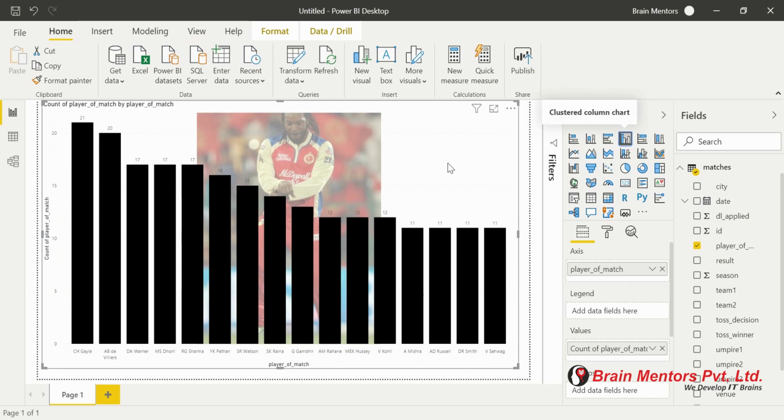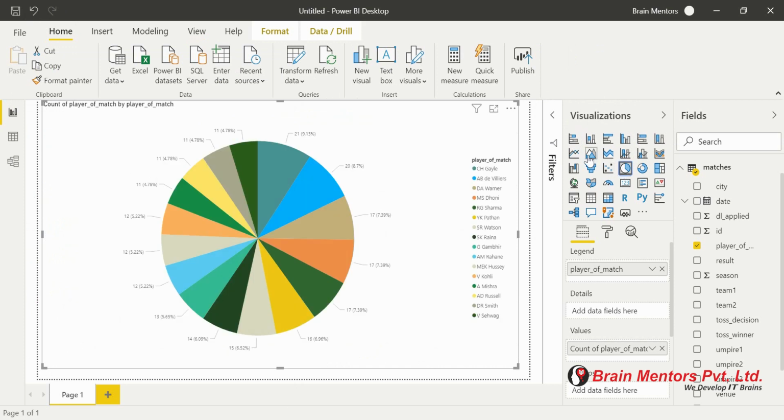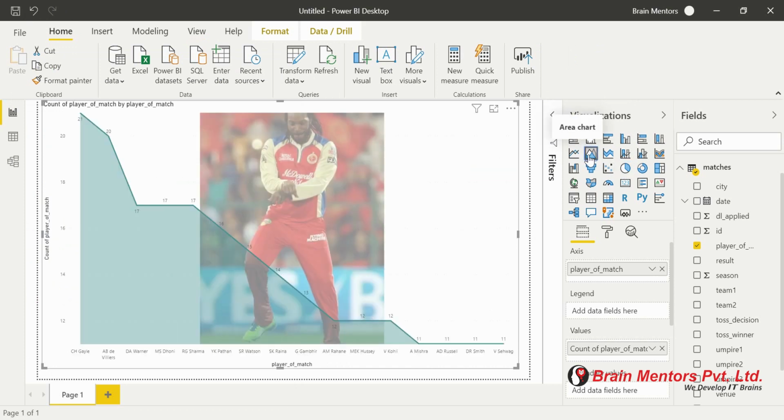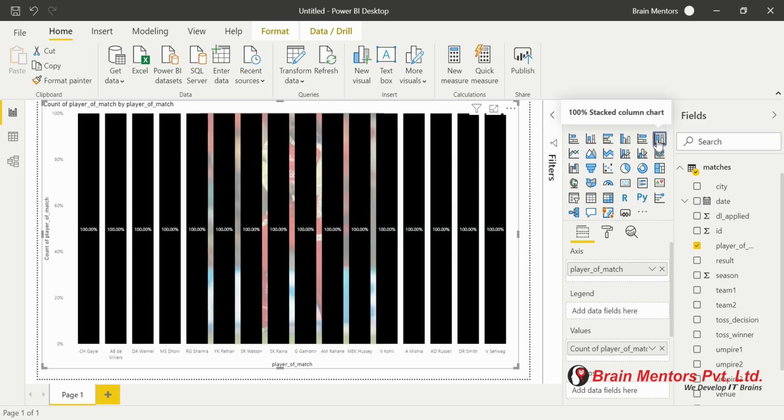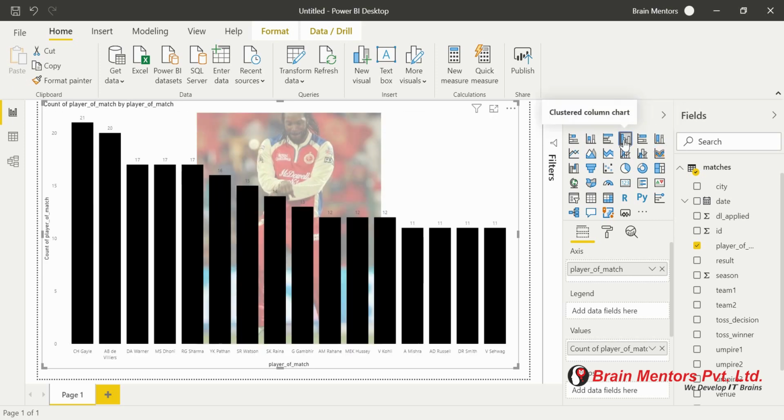Okay, so now we have successfully built one graph and understood how basic data visualization works in Power BI. If you click on any chart, it will be immediately converted to that pie chart, area chart, like this. So that's why Power BI is used a lot by beginners as well as advanced users who want to visualize and make reports. That's why we generally use Power BI.